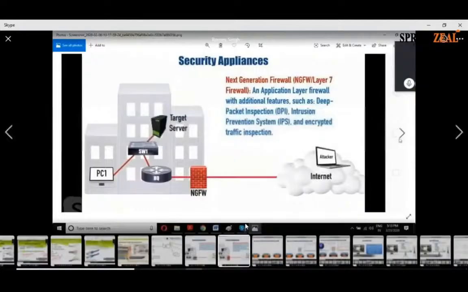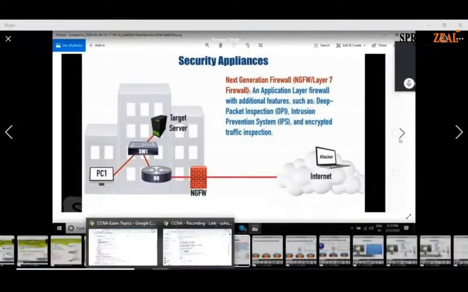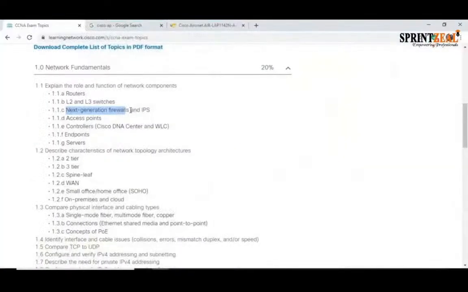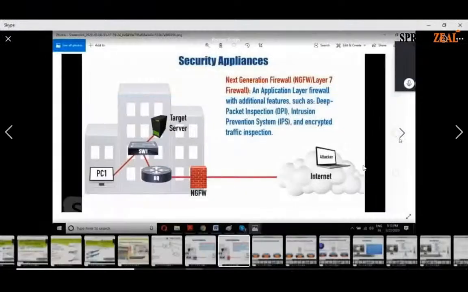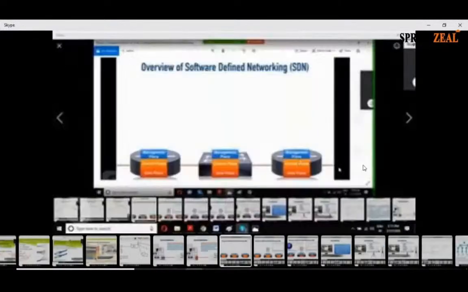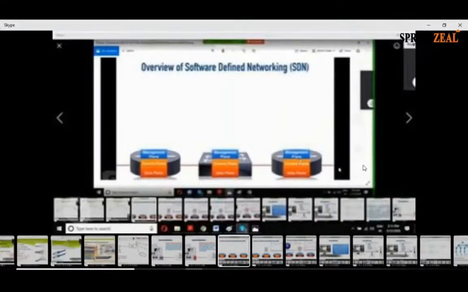So I have completed this thing, next generation firewall and IPS. Now let's see what controllers are and what Cisco DNA Center and wireless LAN controller are. Let's see this. Now first of all, let's see how our original traditional network is working. So what happened is,